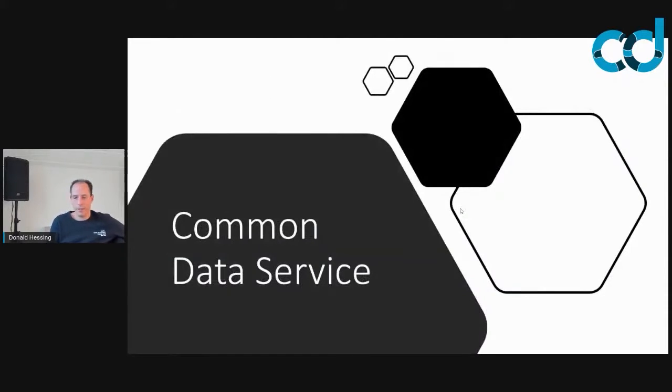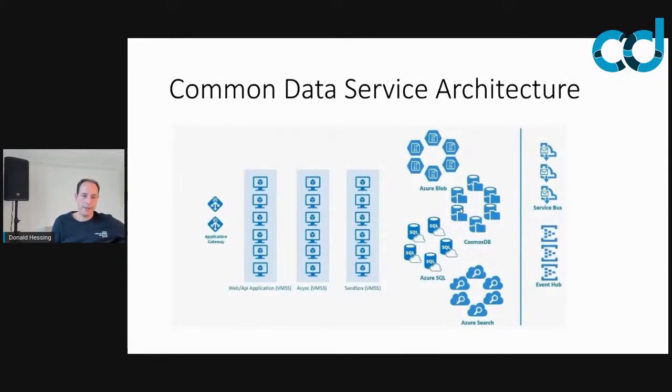Then the next flavor is Common Data Service, and the Common Data Service gives you much more capabilities than just a connector. So Common Data Service is basically a service which has a variety of components that you can utilize by building your application. It comes with the web server to render and process your requests. It comes with sandbox environments where you can run trusted code.